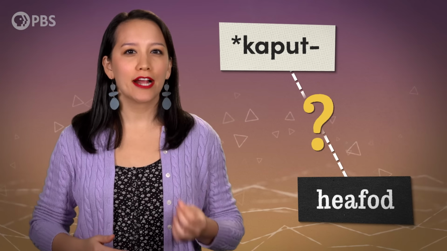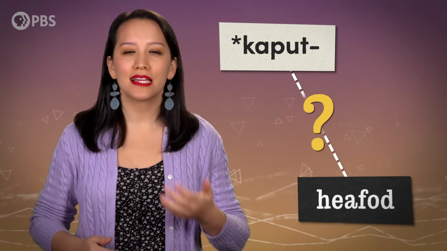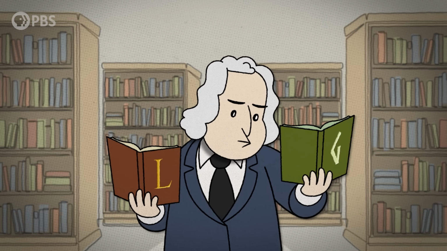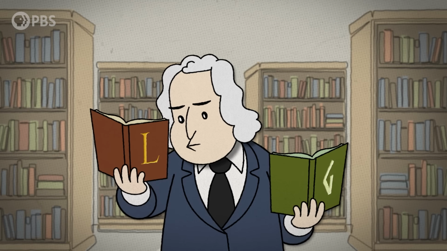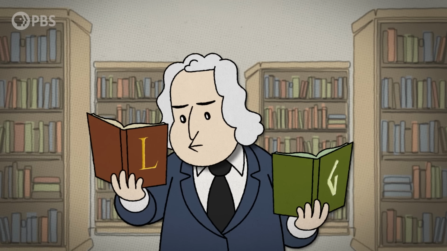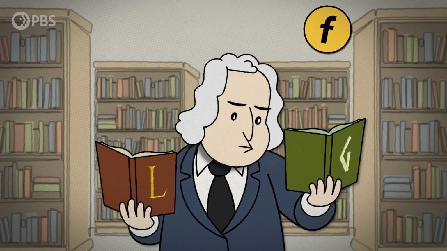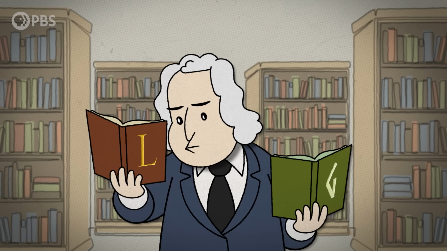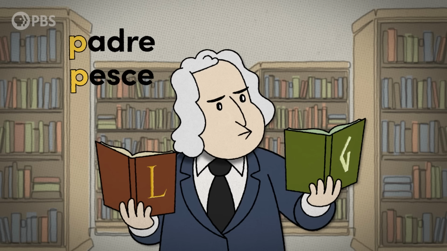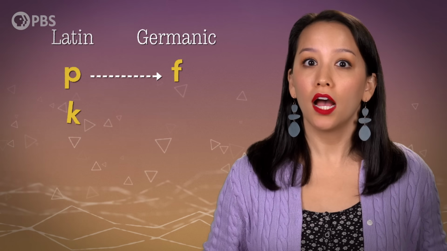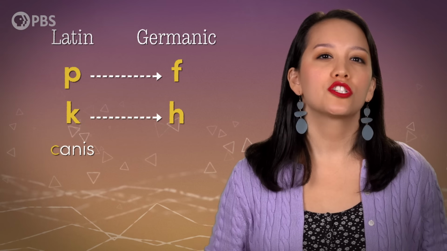This question is actually behind one of the greatest leaps in the study of linguistics. In the 19th century, some linguists began to notice a pattern between Latin and Germanic languages. Words that had a p sound in Latin languages instead had an f sound in Germanic languages. Compare the Italian padre and pesce to the English father and fish. Several other sound patterns were also identified, like the Latin k and the Germanic h,